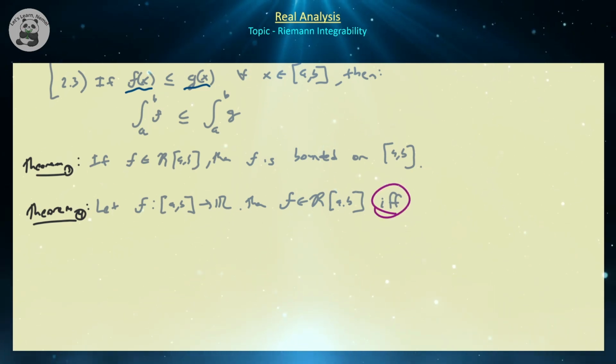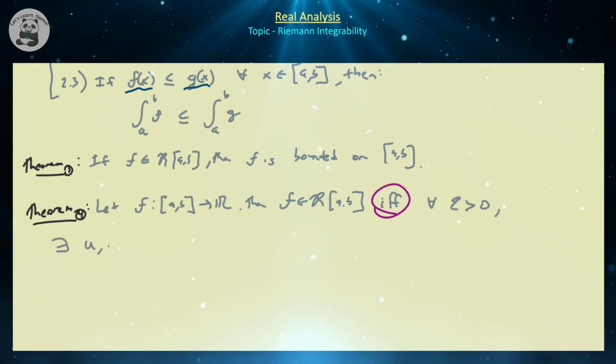How do you prove that a function is indeed Riemann integrable? Every time you want to prove something, an if and only if is usually a very important way to go. A function is Riemann integrable on [a, b] if and only if for all epsilon greater than 0, there